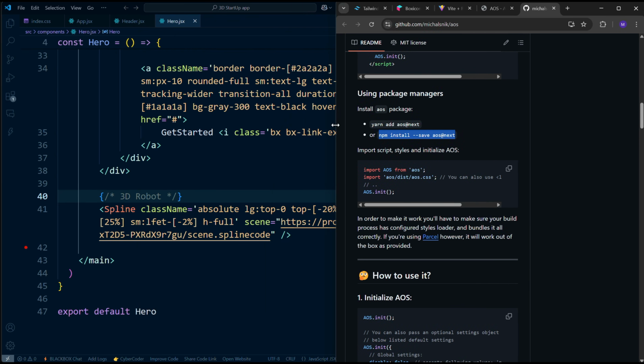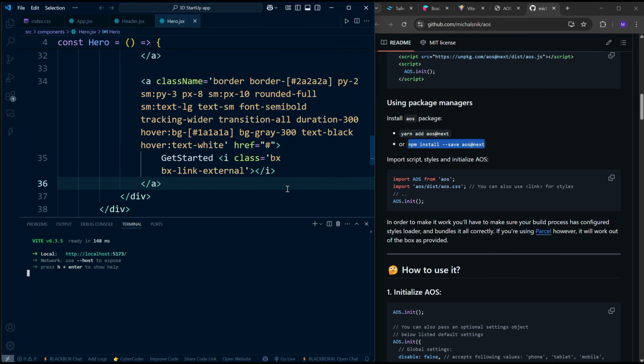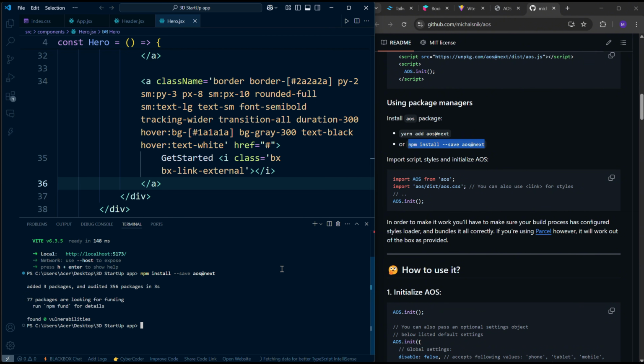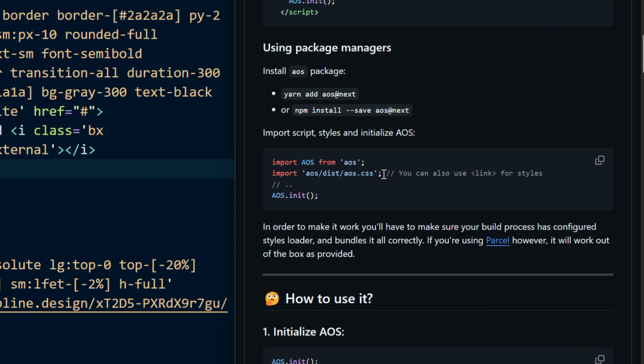Now let's go back to our code editor. Open your terminal, and before doing anything else, stop the dev server from running by pressing Ctrl+C. Then paste the command you just copied and hit Enter to install AOS into your project. After the installation finishes, you can close the terminal, and the next step is to add these two import lines